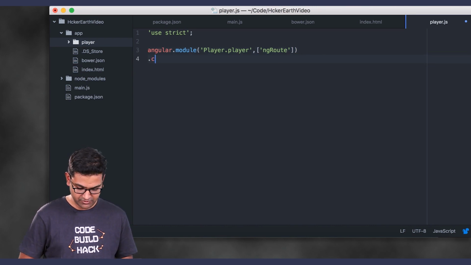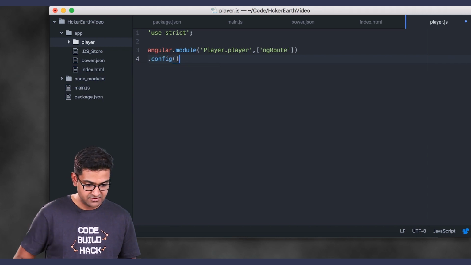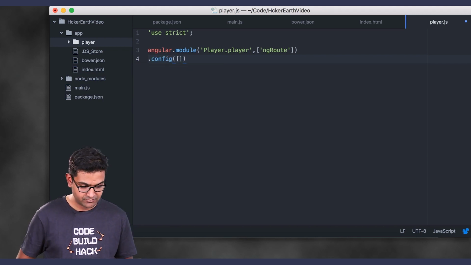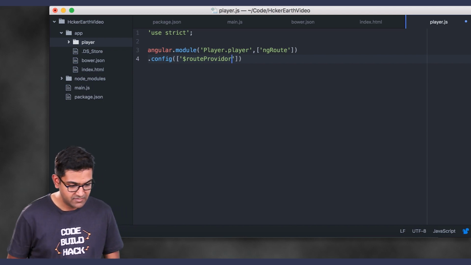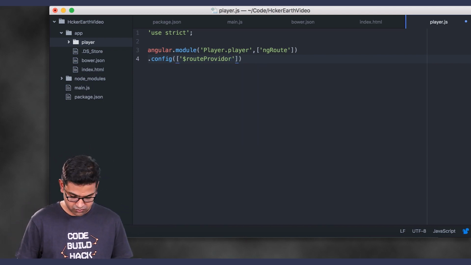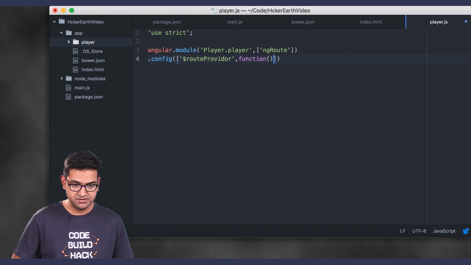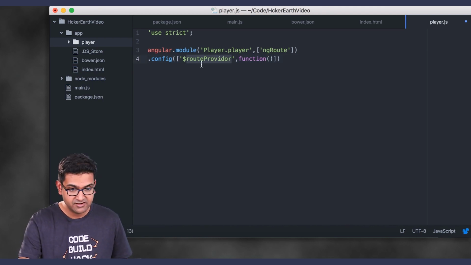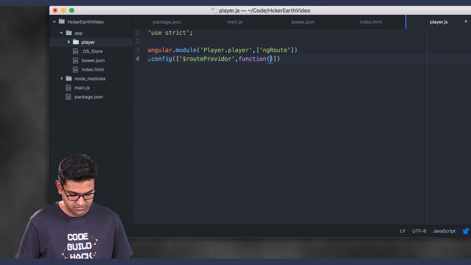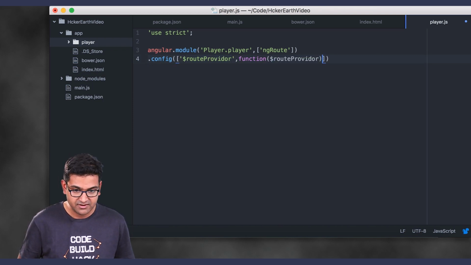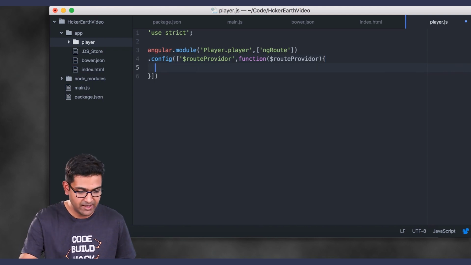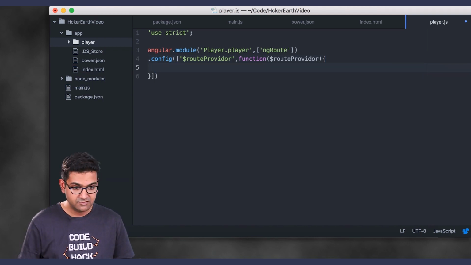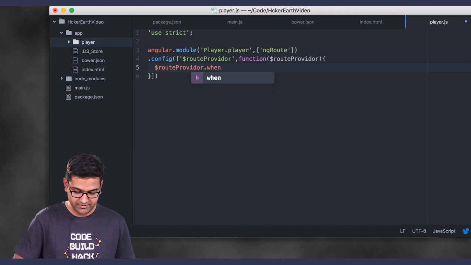Now I'm going to provide the config to this, $routeProvider, function $routeProvider, and here I'm going to use $routeProvider.when